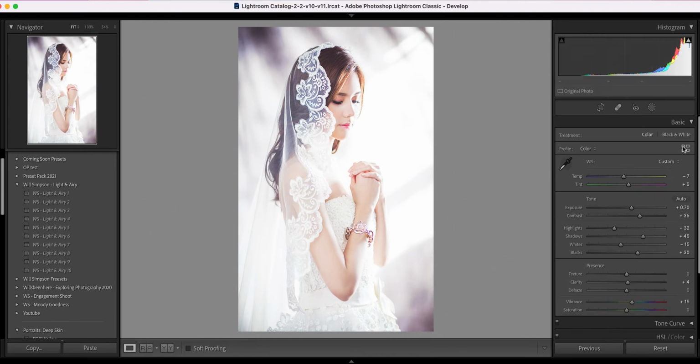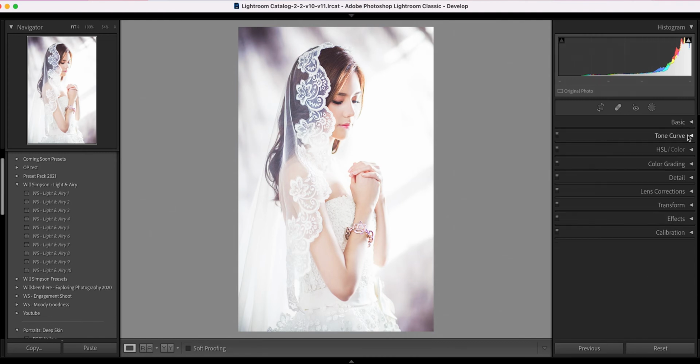Now the next thing is the tone curve, and this is a huge, huge one, and it makes a lot of really nice adjustments very, very easily. But first, before we get into the tone curve, to make this super simple for you,